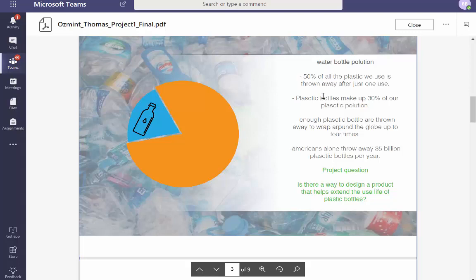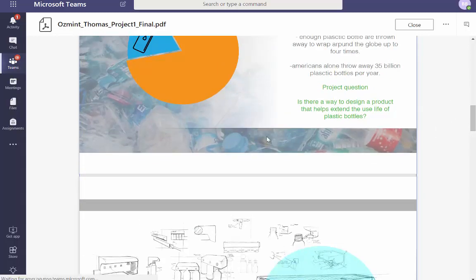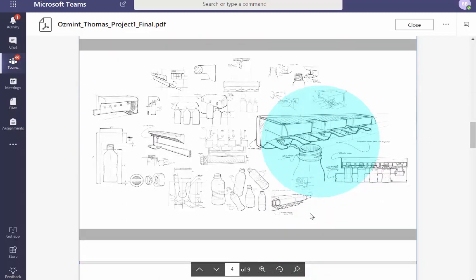How can you visualize that? That's enough to, well, those are both volume things. So maybe you show me a weight. So it's the weight of 3 or 4 famous buildings. Next question, it can be all by itself. How might we design a product that extends the use of plastic water bottles? Then we go into this.